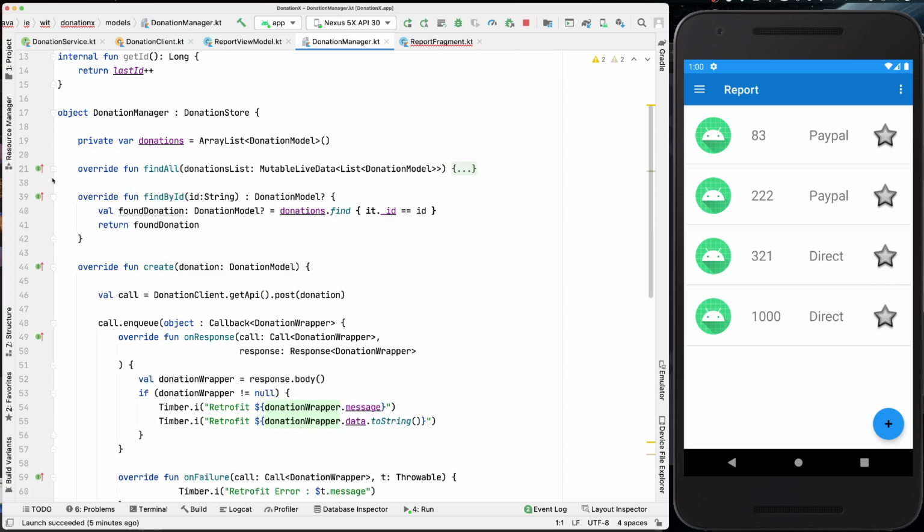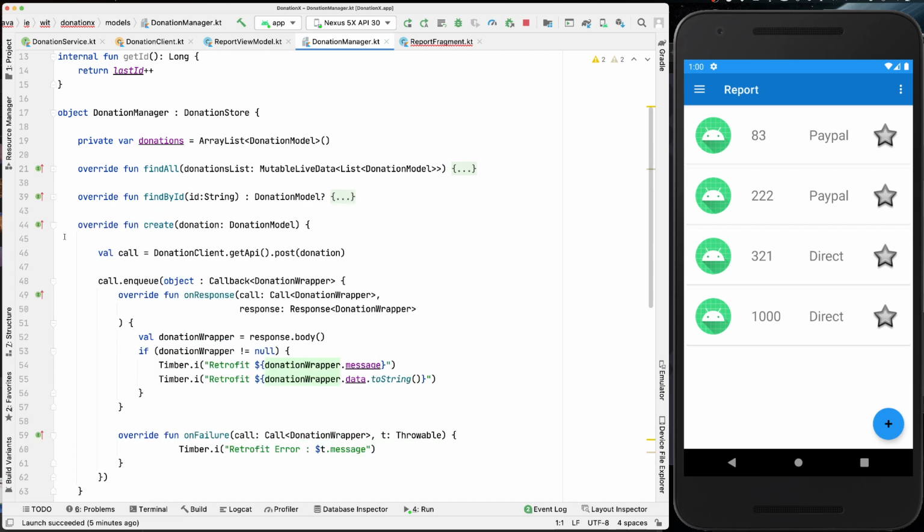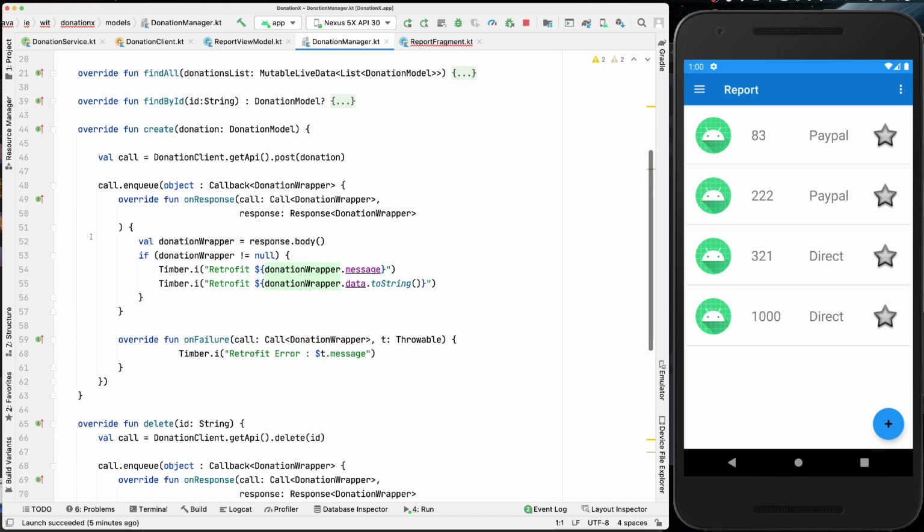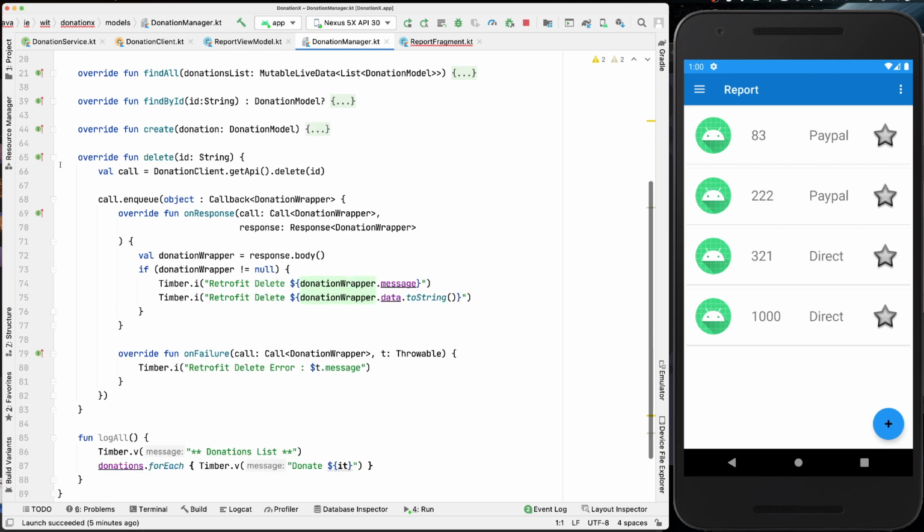Okay, so if I can collapse those down, we have our find all, there's our find by ID, which we still haven't looked at yet. We have done the create, so there's our donation wrapper. And we have done the delete, which also includes the donation wrapper. So just be careful of that. It could be no harm, when you're working with the delete and with the create, to just keep track